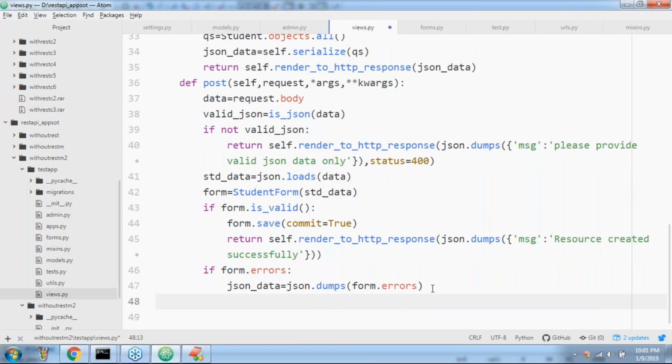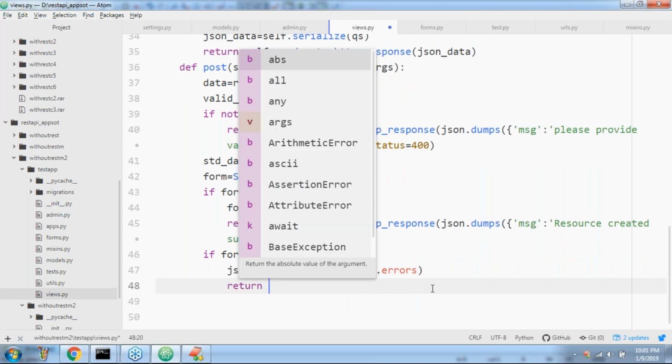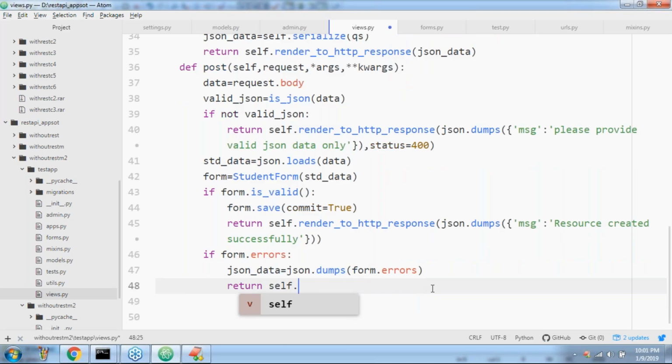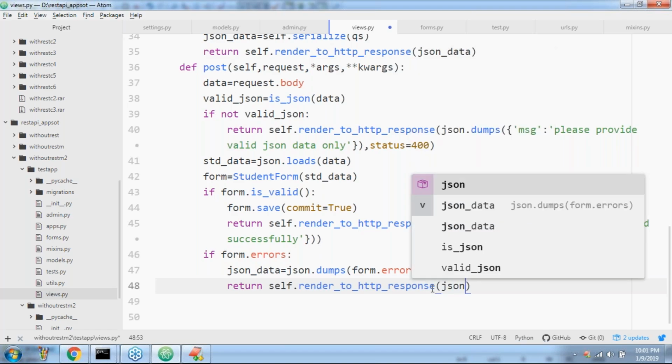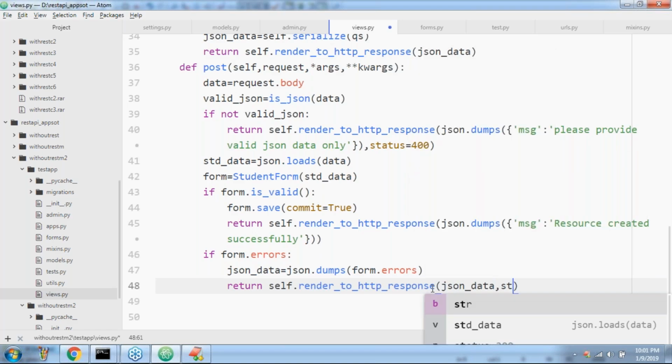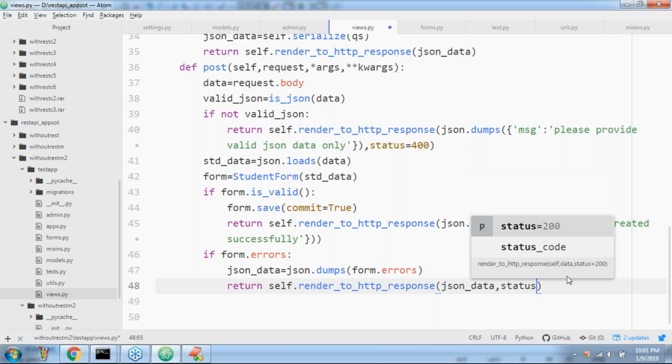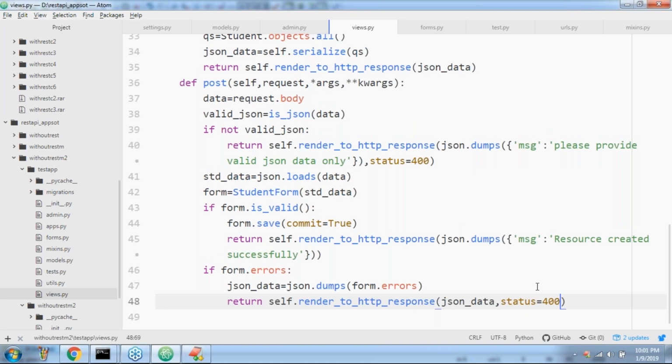Whatever errors we have, create JSON data with that. Return self.render_to_http_response of JSON data, comma, status is equal to 400, like this I'm taking. That's all. So the post method is also completed.